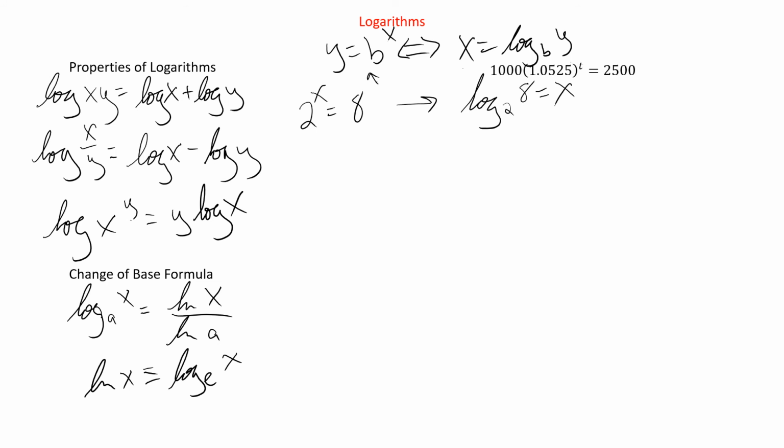And so how would we use this? I'm going to erase some of that. We've seen that. You can rewind if you need to see it again. How could we use this? Well, if we have an equation, we can use logarithms to solve for t. To solve for the exponent, the first thing we need to do is get the base to the power by itself. So we're going to divide by 1000,